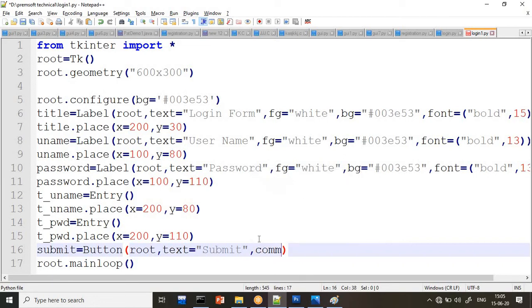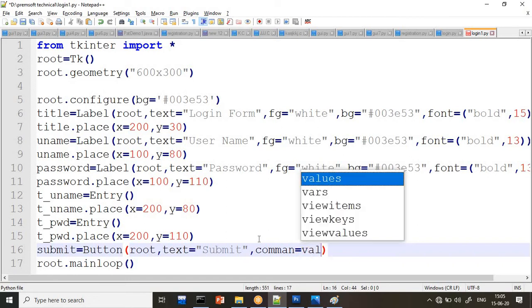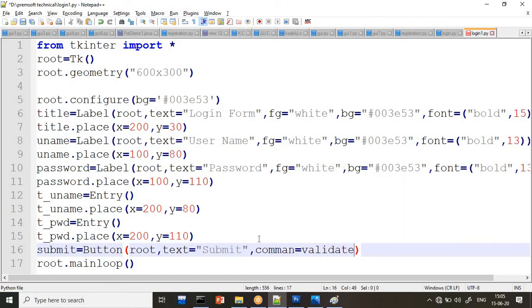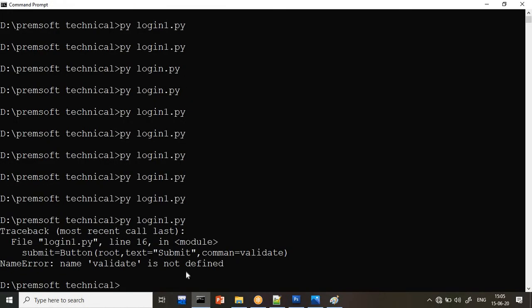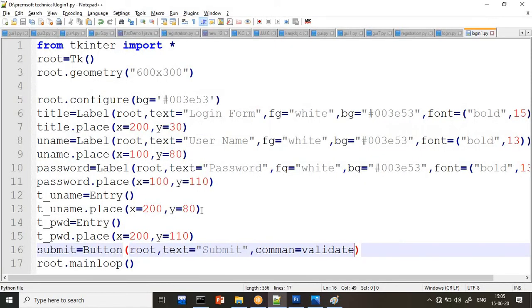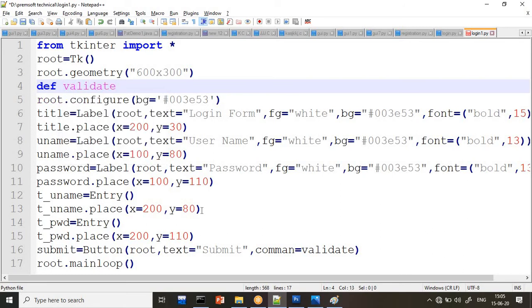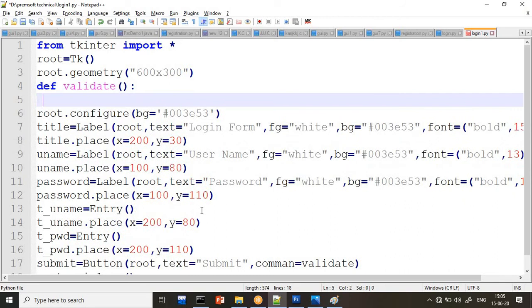Command. Very important thing, command. Command is nothing but what? After click where to go? So validate. So the validate method we have to create, but we'll see whether my diagram is completed or not as it is. So validate is not defined, so compulsorily you have to define the validate. So before that I will write def. I will discuss the validate, guys, because till now I will just write the method and write it as a pass.